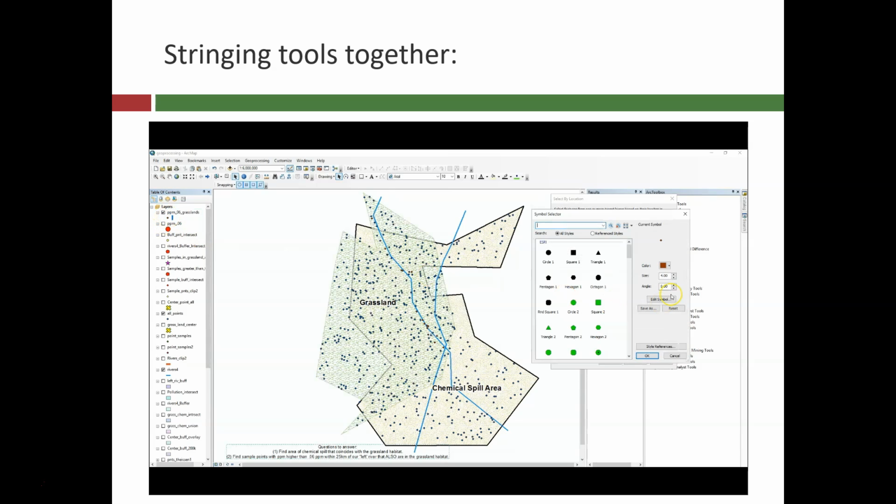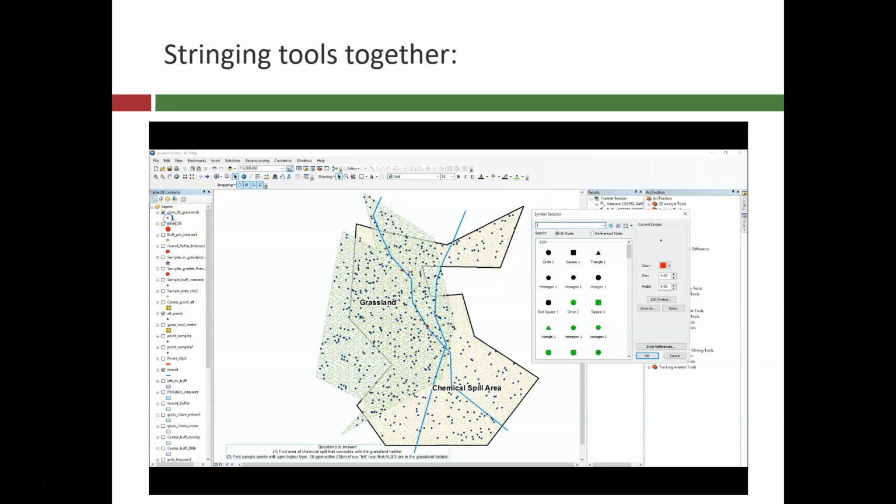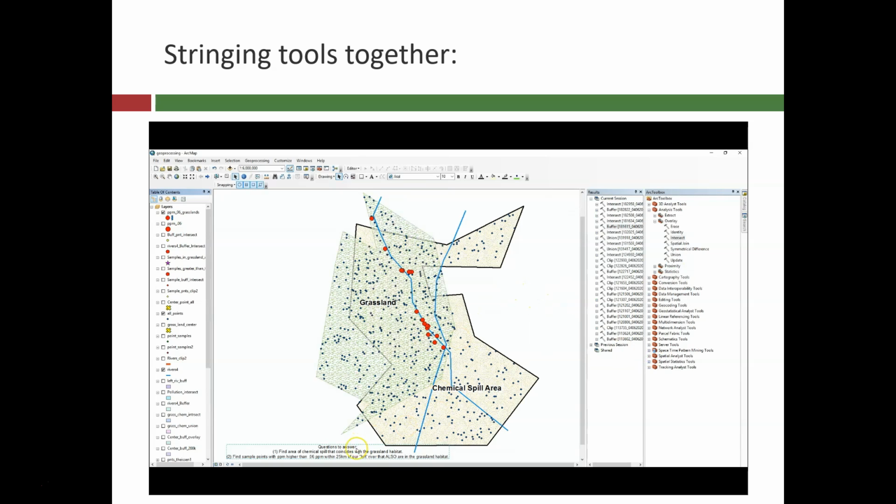So based on the questions given, we now have 2 answers. Let me make that bigger. We got our points that have a high concentration within 25 kilometers of our left river that are also in the grassland habitat. And we also have the area of the grassland that is coincident with our chemical spill area in units of kilometers. So in this video, we've strung together select by attributes with the parts per million,